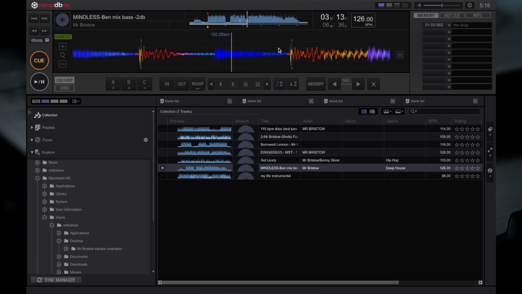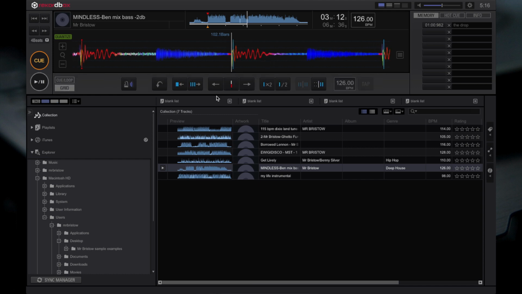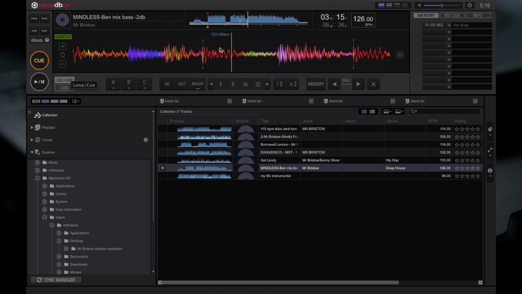See here, the grid markers are slightly off, so what I could do, if I go back to my grid section, I can actually shift that slightly so it's exactly on the beats. So just a couple of notches to the left. Now that sounds right. So if I want to create a loop, if I make sure quantize is on, now